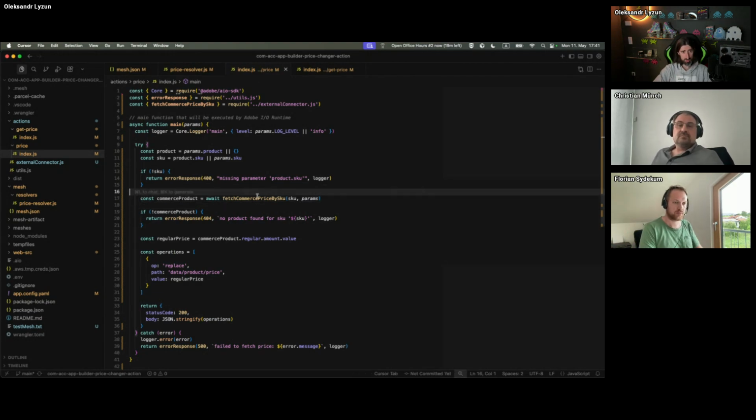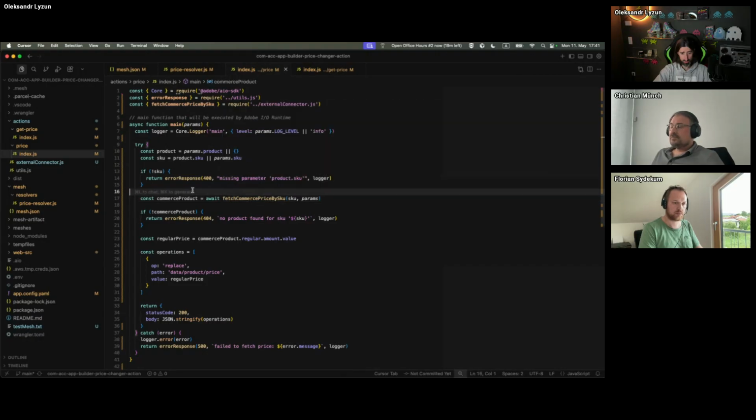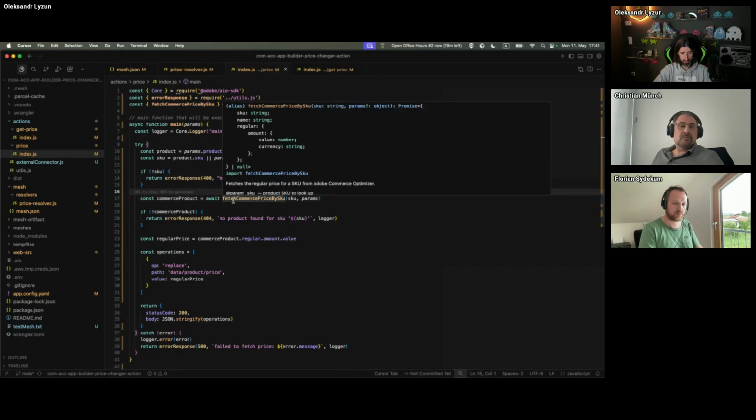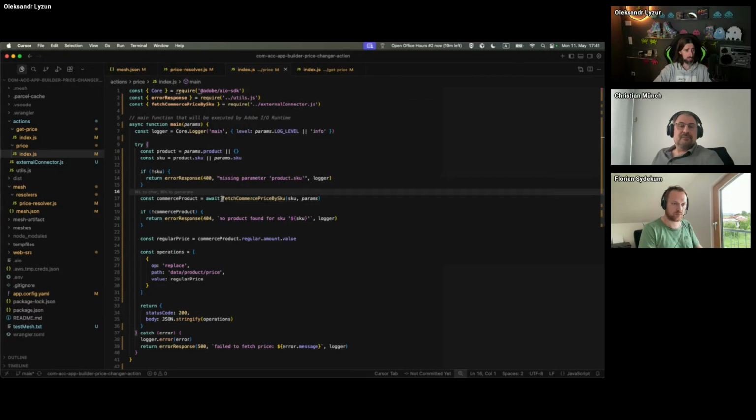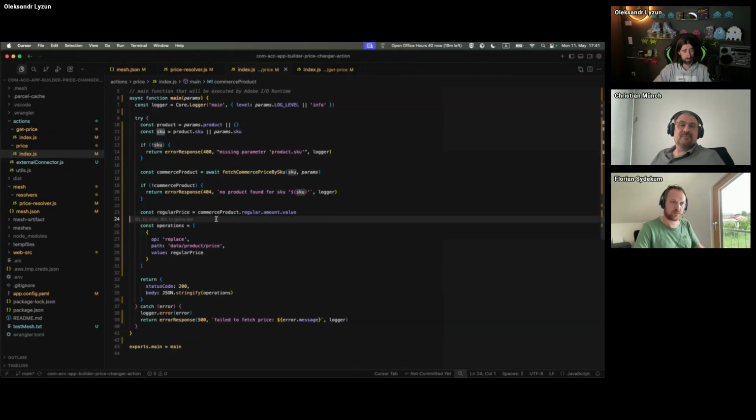We're just fetching the commerce prices by SKU from the Adobe Commerce Optimizer at this point, which is just a fetch request to the merchandising API I showed. And then when we receive the price by this SKU, we do the replacement. And the replacement here is within the data which the observer expects, the Adobe Commerce observer expects.